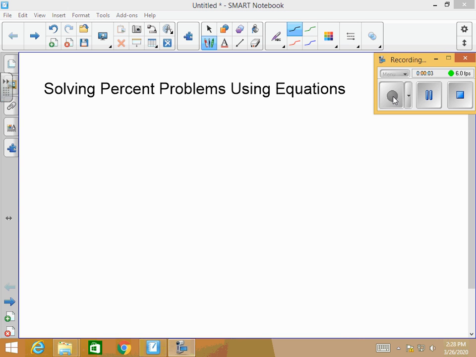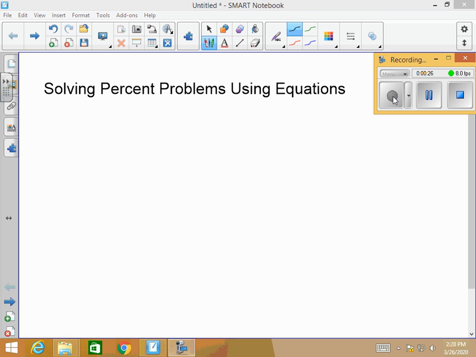We're going to start by solving percent problems using equations today. You can solve percent problems another way, but for right now, this section has to do with using equations. Now, we start learning about word problems really today. Word problems seem to be the biggest pain for most kids simply because we